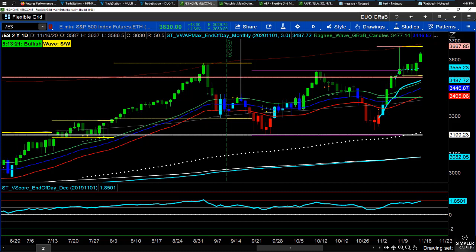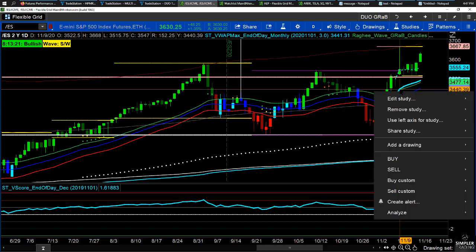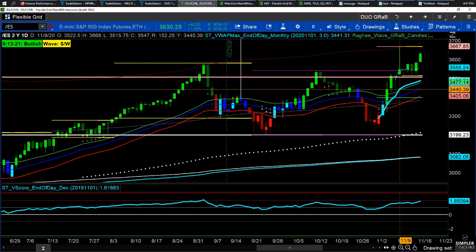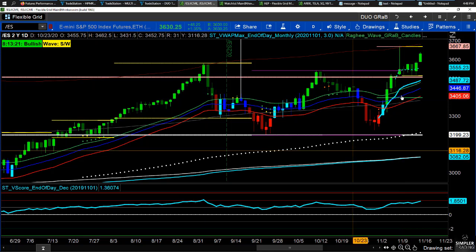How do I put something in place to give me a process behind that? And the process that I use is using volume weighted average price. And it goes like this. So I have a volume weighted average price that's anchored to the first of the month. And I'll re-anchor that every month. So next month, I'll have one anchored to the 1st of December. Right now, it's anchored to the 1st of November.